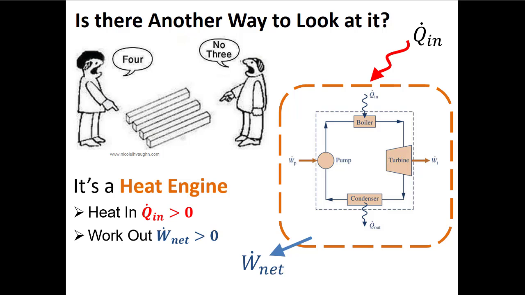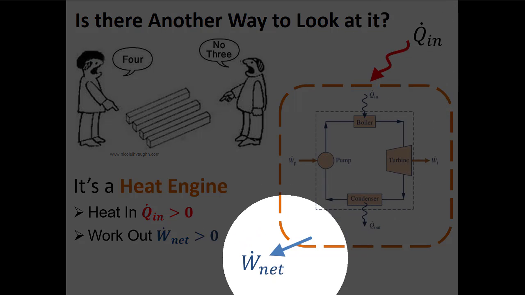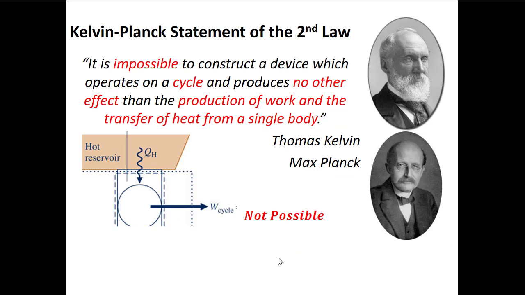So here, the purpose of this is we're going to add heat and we're going to get work, right? That's the purpose of a heat engine. So as people started to look at this, they came up with this statement of the second law, right? So there's ways to say these things in words and there's ways to say these things in math. Now, I always prefer the mathematical definition because it makes more sense to me. Like this sentence, which is taken right from the textbook, presumably from Kelvin and Planck,